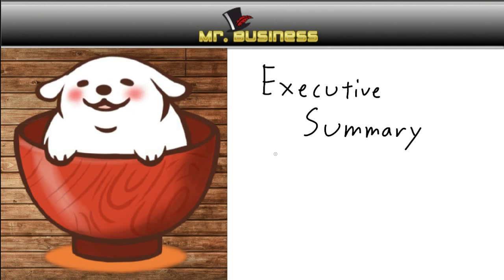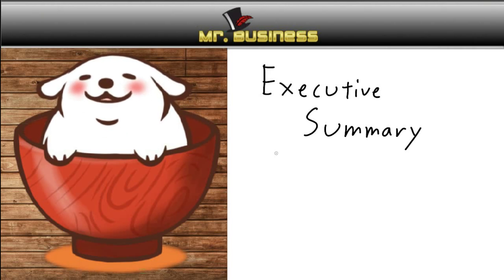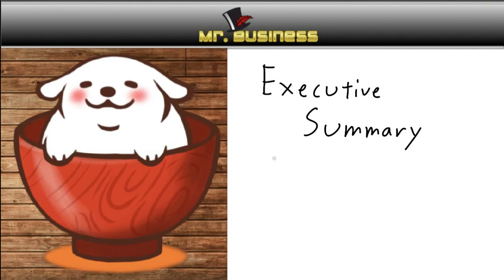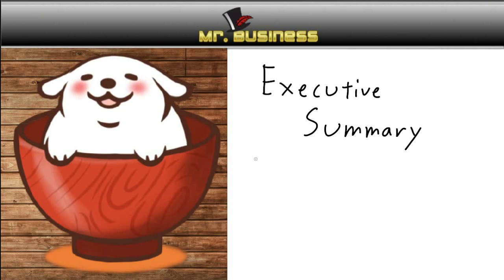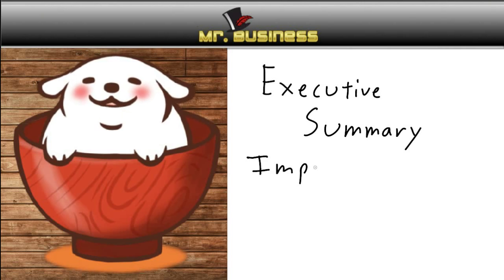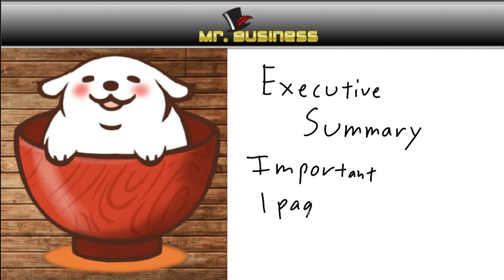The executive summary is the first part that we're going to talk about in this business plan. It is the most important part. And therefore, you should only put what inside of it? Only put important details, important information. Also, it shouldn't be more than a page. In fact, some of them are even down to half a page, because that's all you need if the person's really getting all that he needs. That's important.